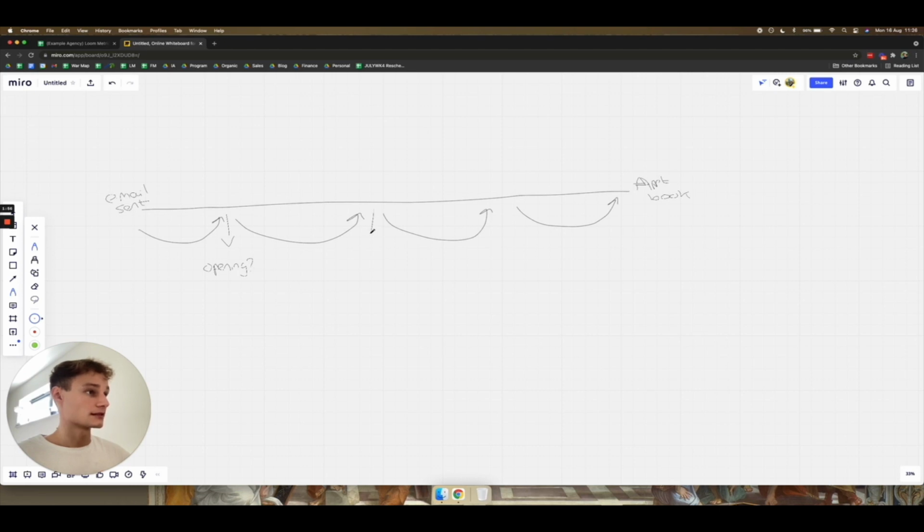And then the second stage here is going to be, are people viewing my Looms? And then the third stage here is, are people replying, both positively and negatively? Because we like negative replies because they indicate good email deliverability. So the thing is, you've got to think about, instead of thinking of this as one big whole